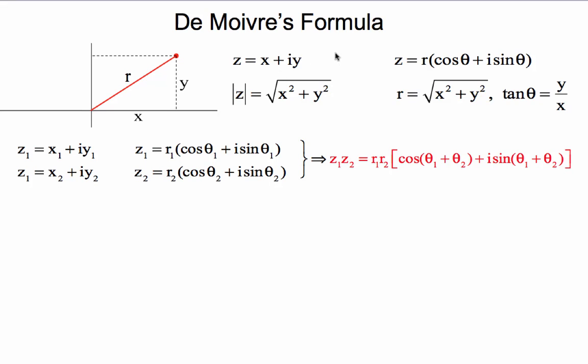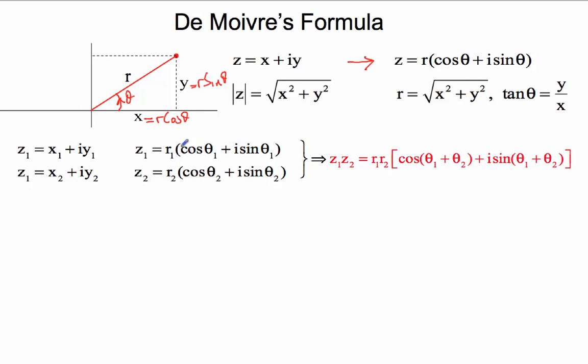Now, this same complex number can be written as z equals r cosine theta plus I r sine theta. So this x here is r cosine theta, this y is r sine theta,